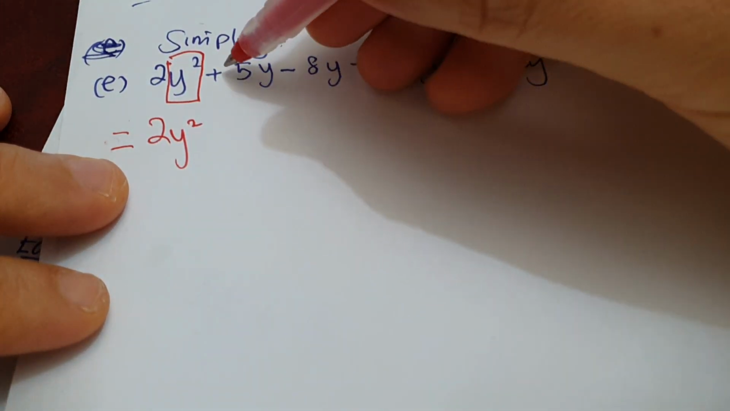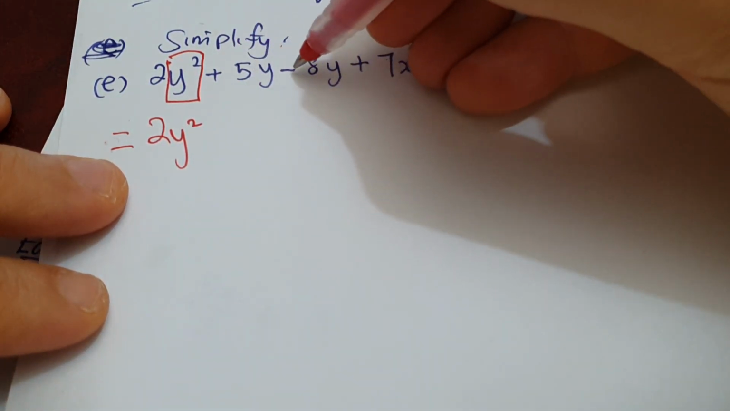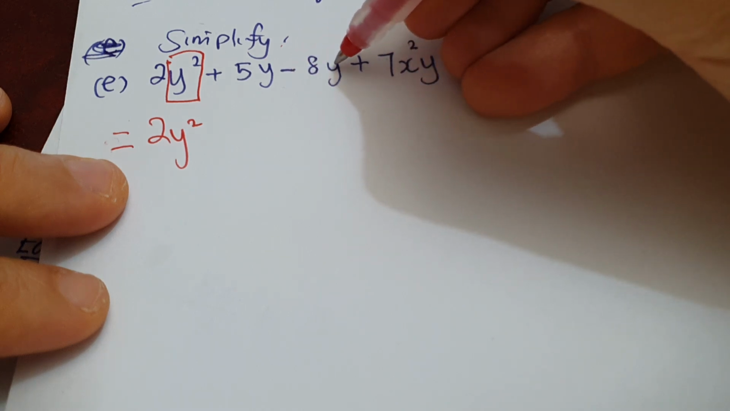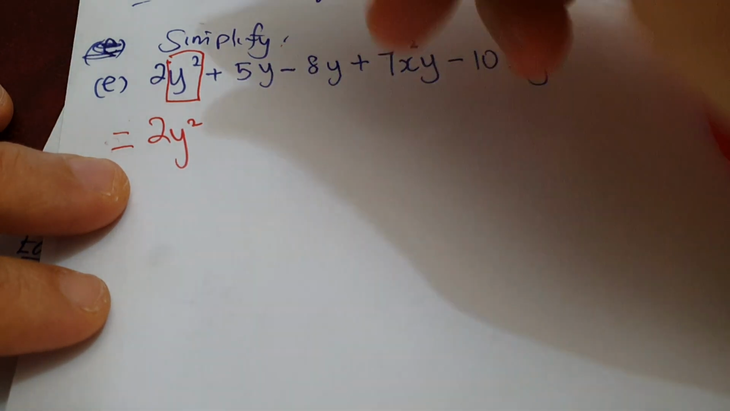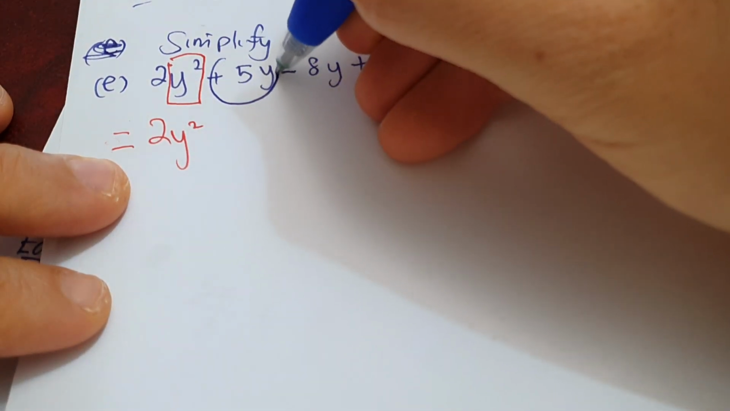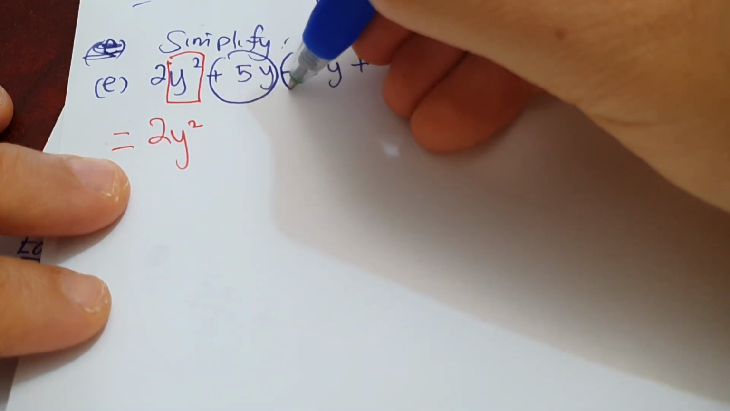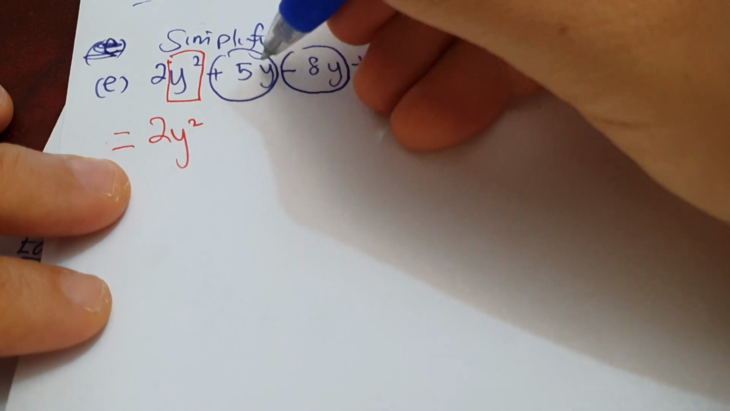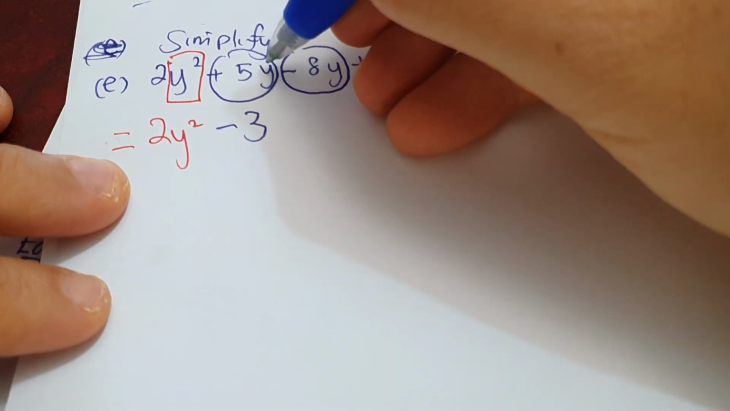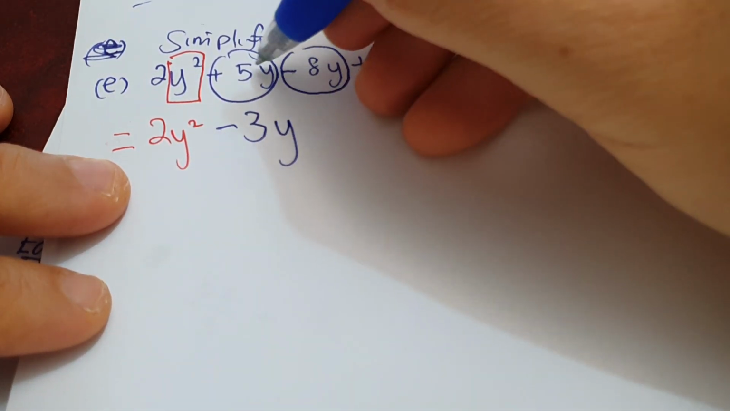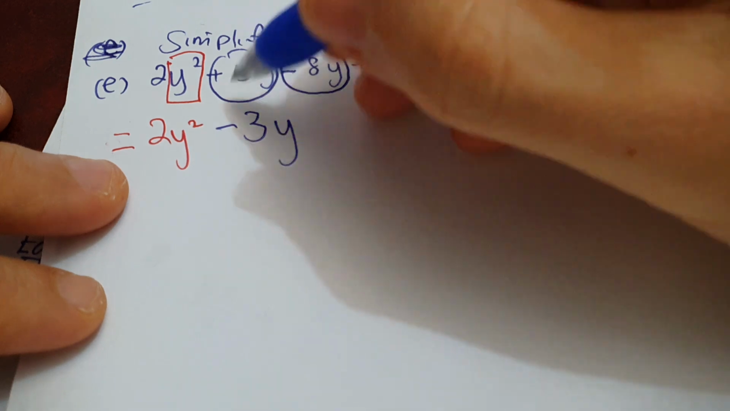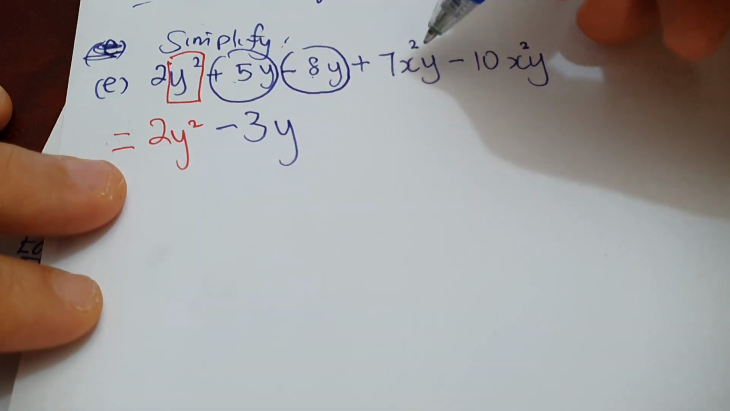Okay, now there's a 5y here and minus 8y here, so you can combine these two together. You press calculator, 5 minus 8. The calculator will tell you it's minus 3. Okay, but you yourself must put y because this is minus 3y. So you have simplified this already. And now finally,